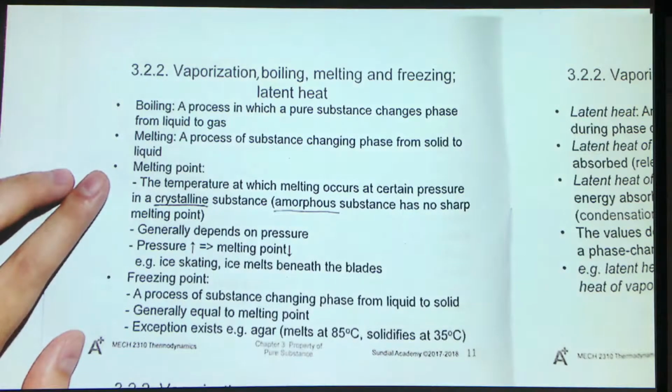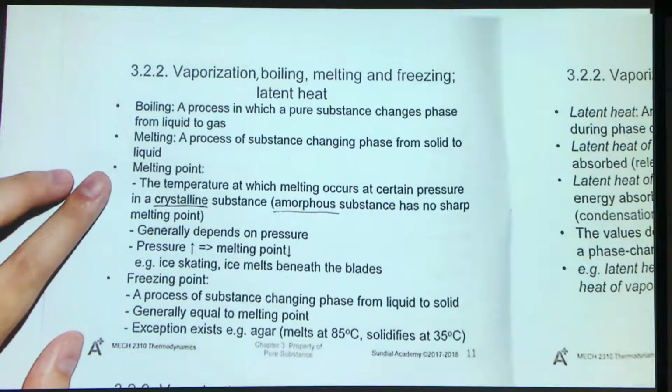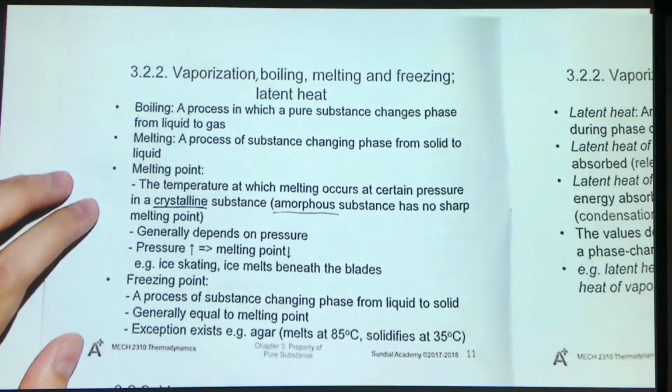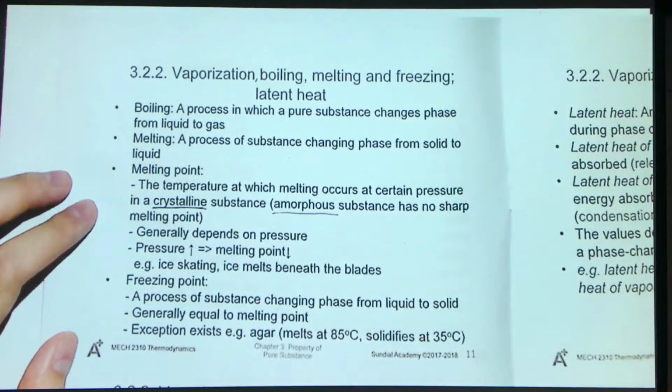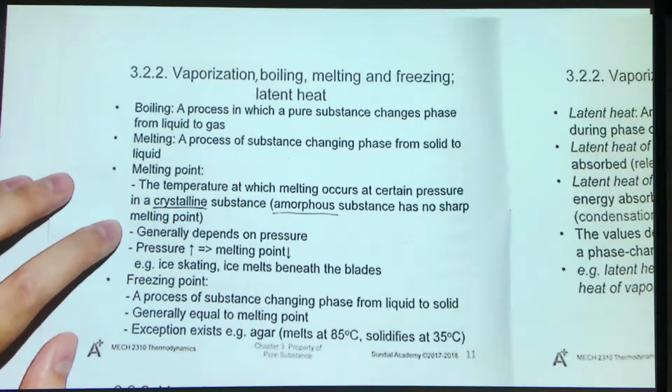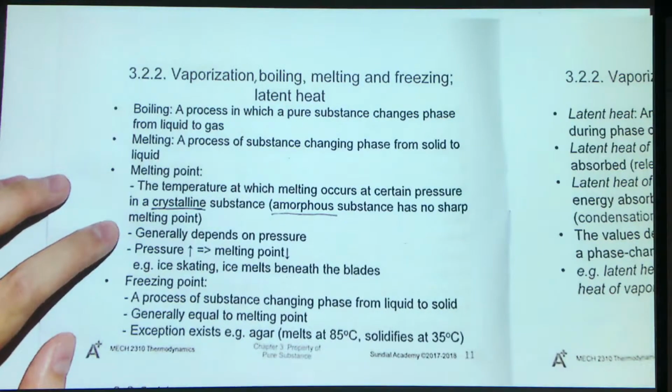For an amorphous structure, due to the very short-range order, there is no sharp melting point. In order to have a sharp melting point, the substance should have a fairly uniform intermolecular force. In an amorphous substance, at some places the atoms are packed very closely, so the intermolecular force is extremely strong, but at some places the intermolecular force is weaker. So if you melt the substance, the weaker intermolecular forces are overcome first, and then the stronger ones. So there is no sharp melting point.